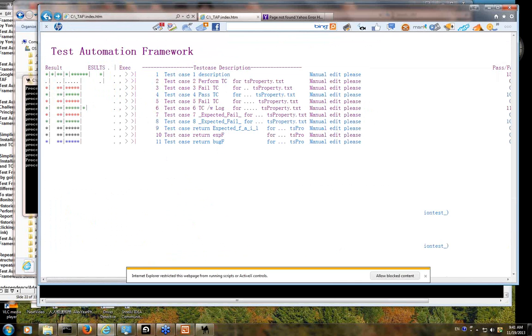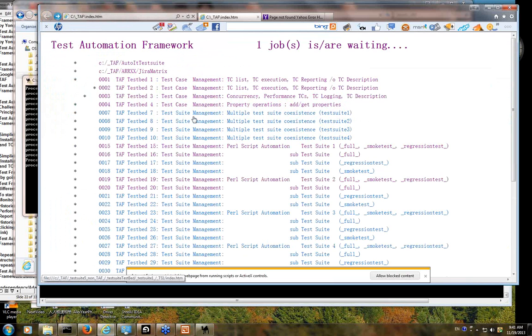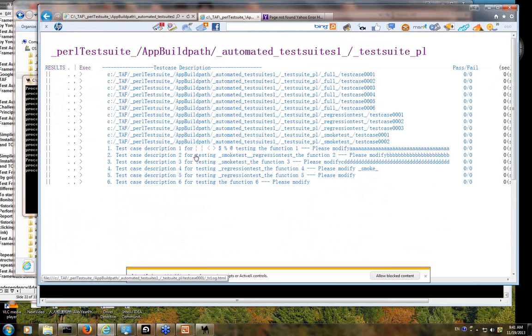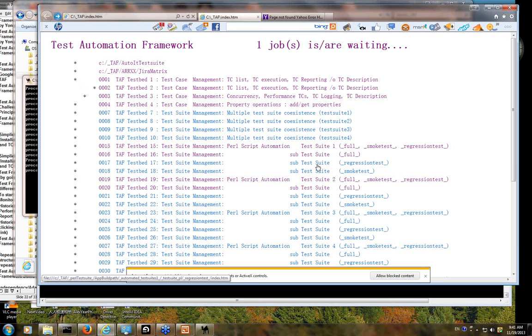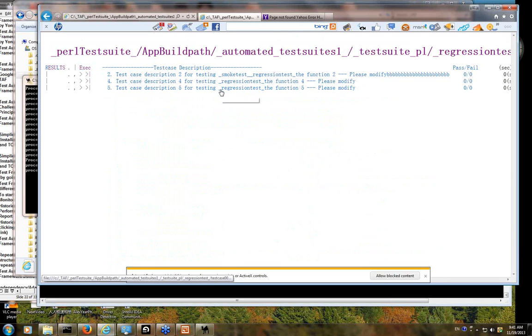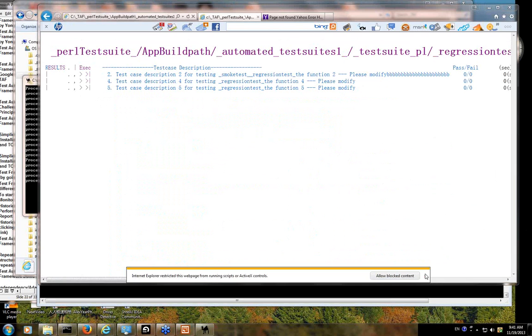The other part I want to show is how easy it is to use as a self-learning tool. Say we go to automation. So this is too much. Make it simple. This is the automation. So this is an automation test suite. And you want to know, first of all, we already see all this web UI, and you want to do something with it. Where do you start? So you come here,